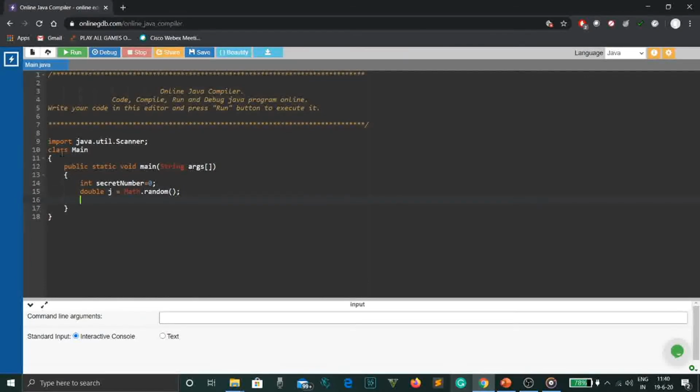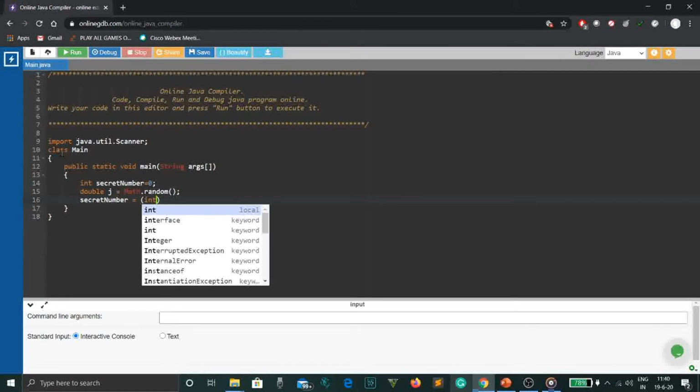Then put a semicolon. Then we take secretNumber equal to int. Just like Murtaza told us, we're going to typecast it. I forgot to tell you that we have taken j as double because Math.random always gives a double value, between 0.0 and 1.0.